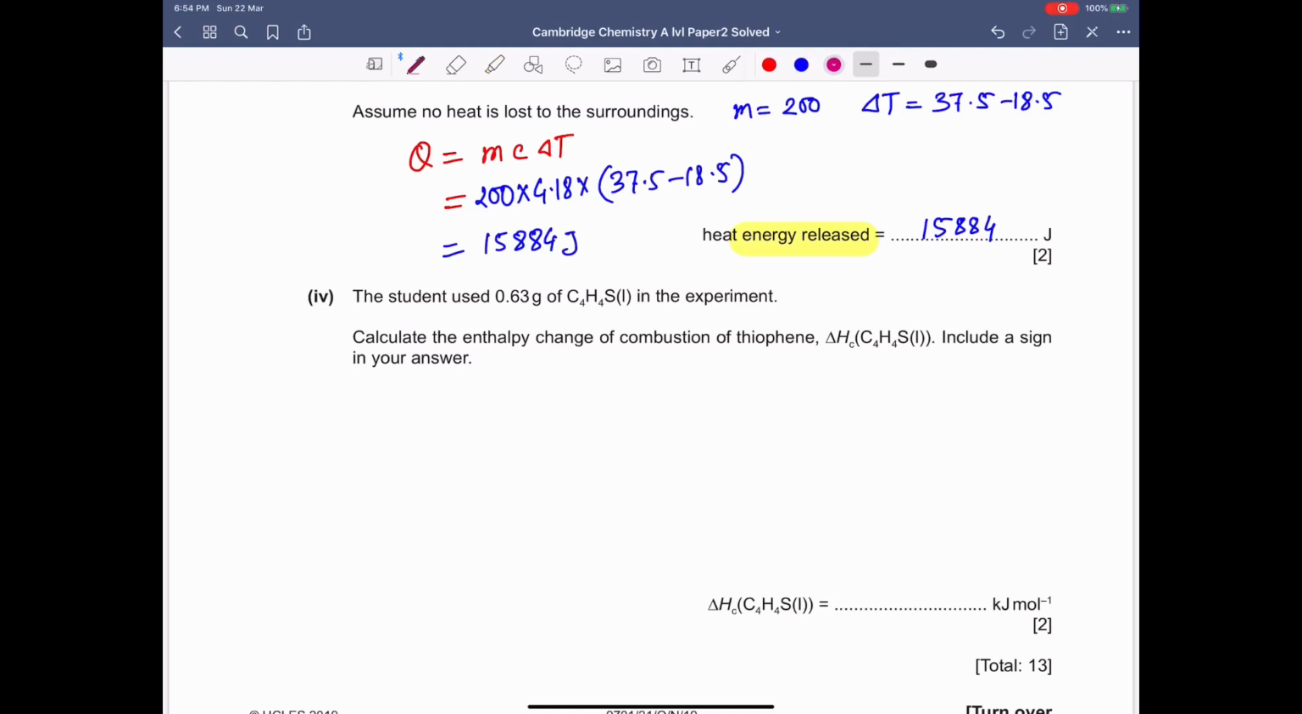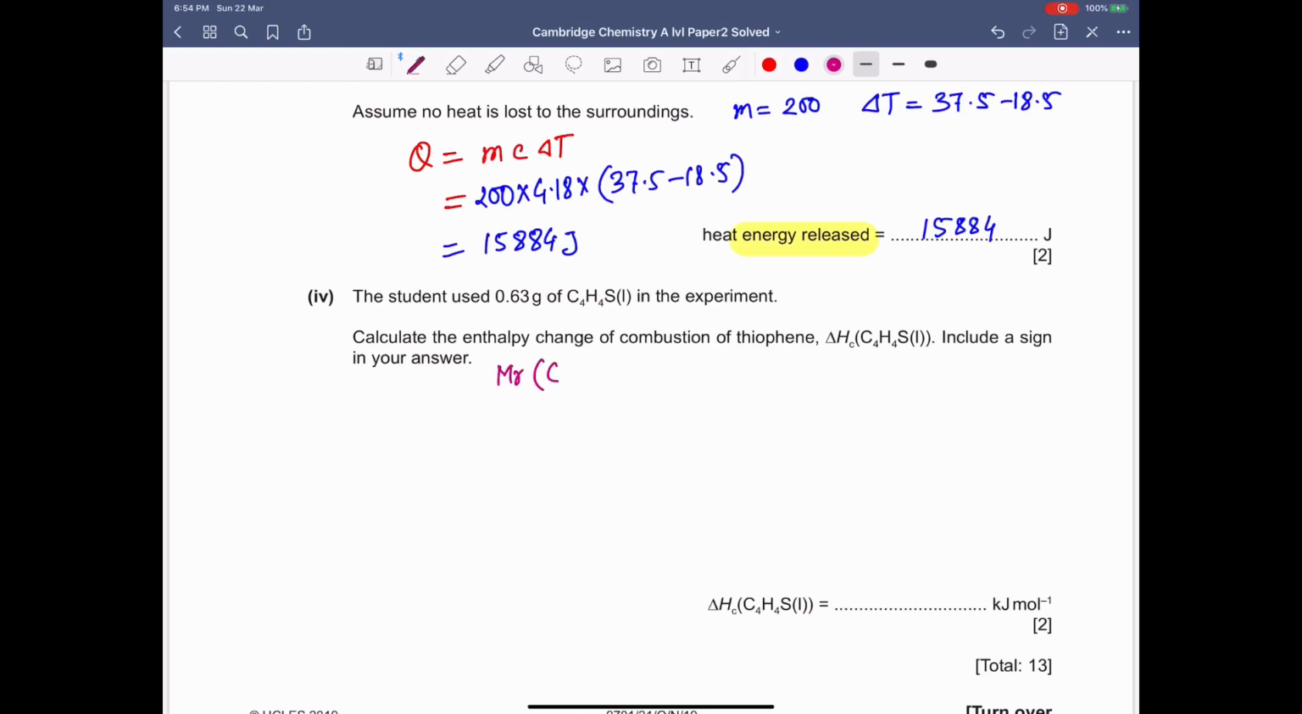The student used 0.63 grams of C4H4S liquid in the experiment. Calculate the enthalpy change of combustion of thiophene. Include a sign in your answer. So to do this, we need to find out the number of moles that the student has reacted. So MR